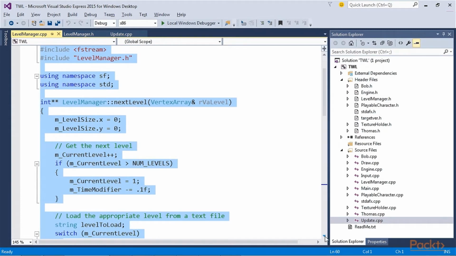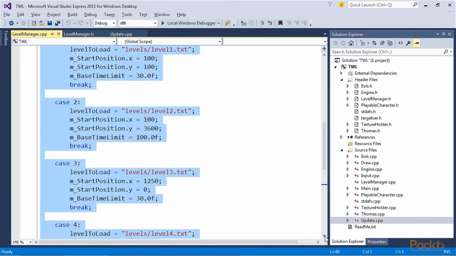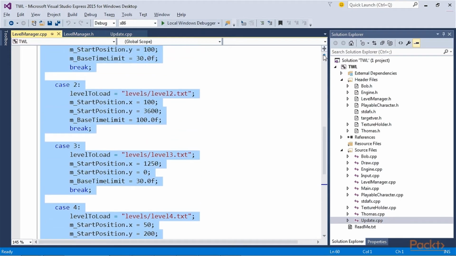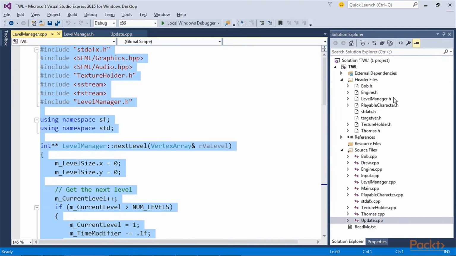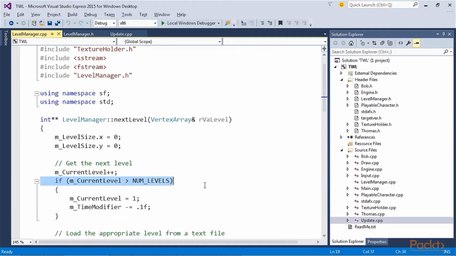Add this highlighted code. Here, we are adding the include directives and the first of 5 parts of the nextLevel function. After the include directives, the code initializes m_LevelSize.x and m_LevelSize.y to 0. Next, m_CurrentLevel is incremented. The if statement that follows checks whether m_CurrentLevel is greater than NUM_LEVELS.